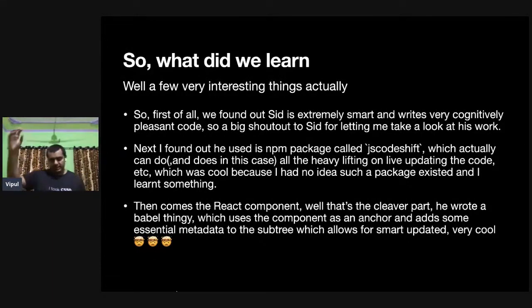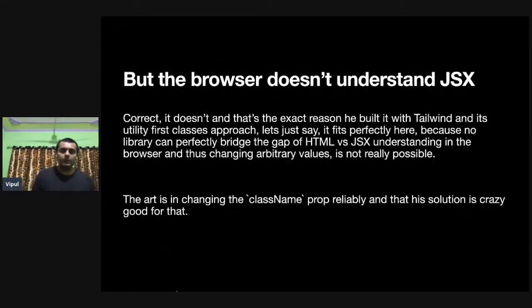And the sidebar, which is fine, but the interesting part is he uses that as markers, and he has a Babel plugin which transpiles that code and adds meta information about line numbers and stuff to the whole code, the subtree that's inside there. So that JS CodeShift could smartly change those things when they are changed automatically. This was the part that I found really clever because he was using that component for that sort of transformation. It was really cool.